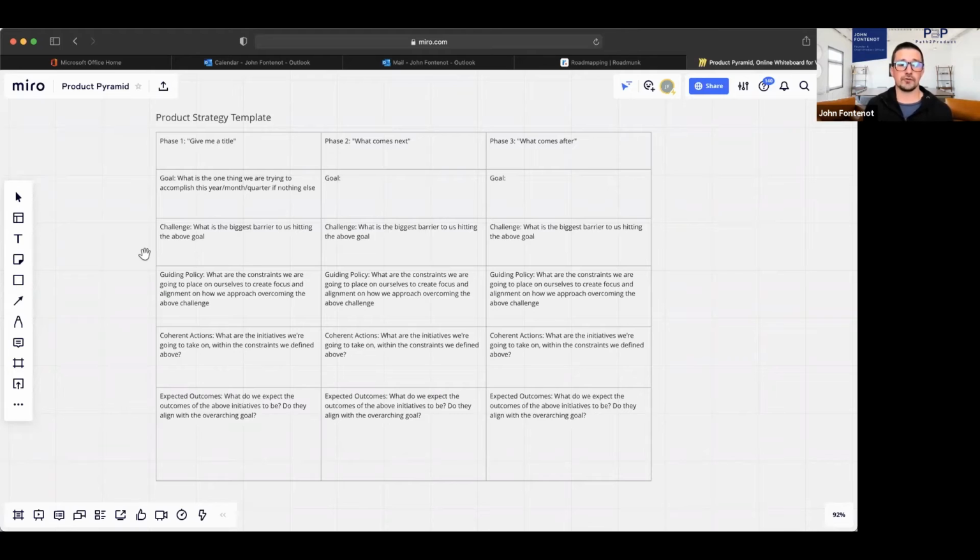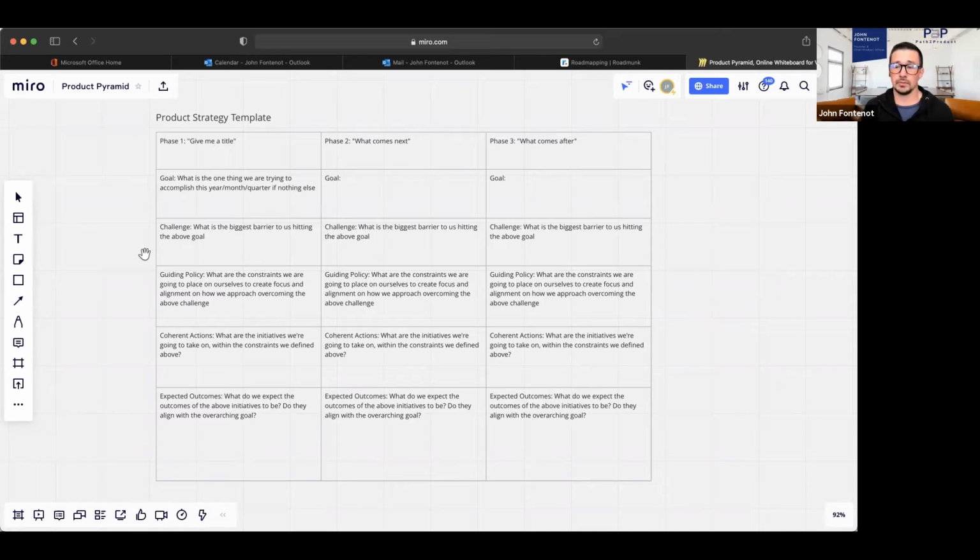So once you've gotten over the hurdle of what is our goal, what is our challenge, the challenge is probably a little more tricky to align around, as we've stated. But once you have, the guiding policy is the thing that's going to save you a lot of stress and headache because it creates focus, right? And so anytime your stakeholders come back to you and say, oh, what about this thing? Or what about that thing? Or, hey, shouldn't we be doing this? You can go back to the guiding policy and say,